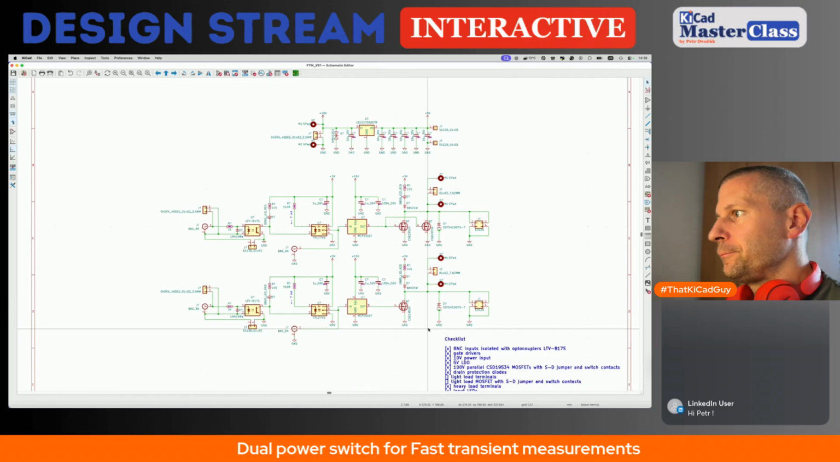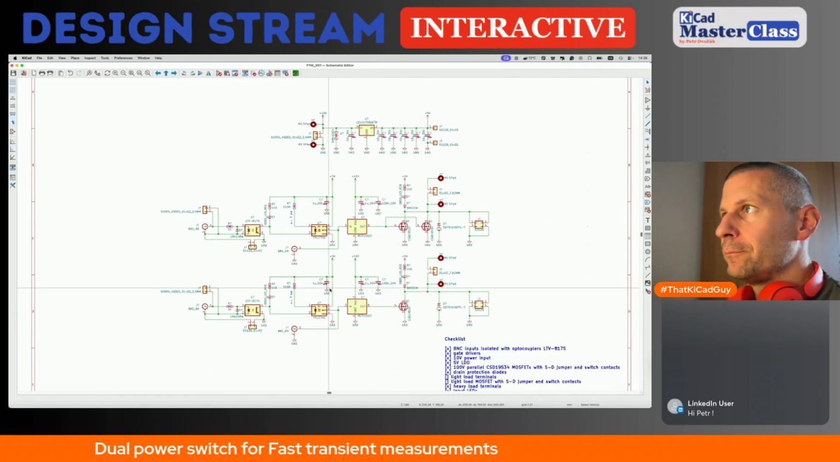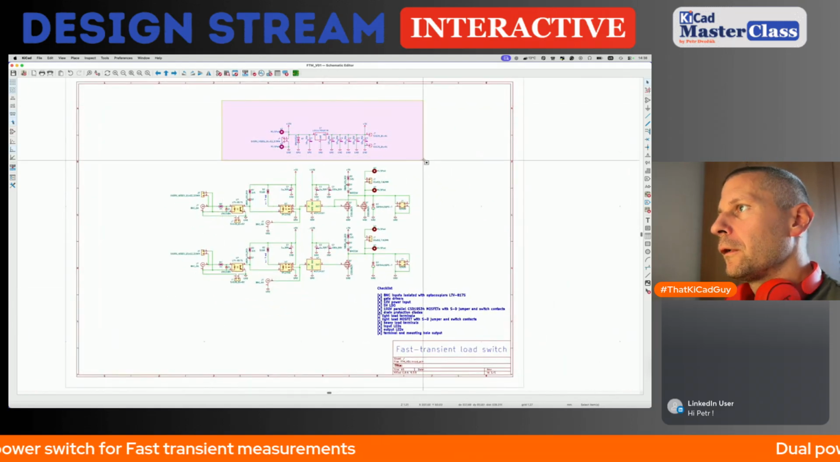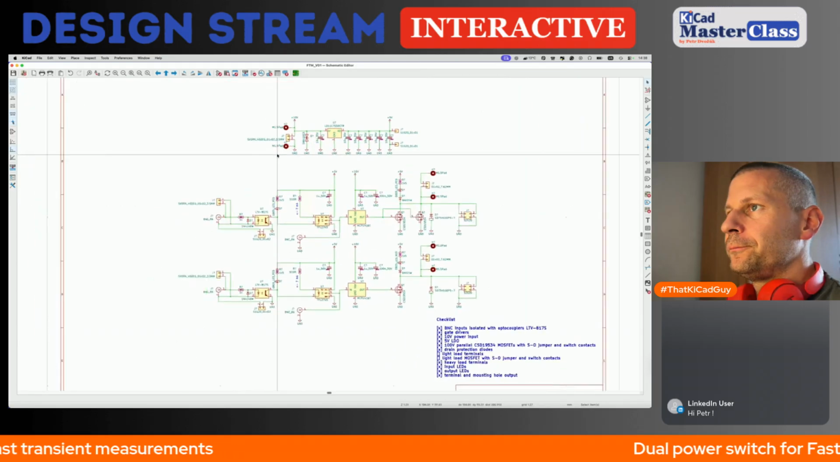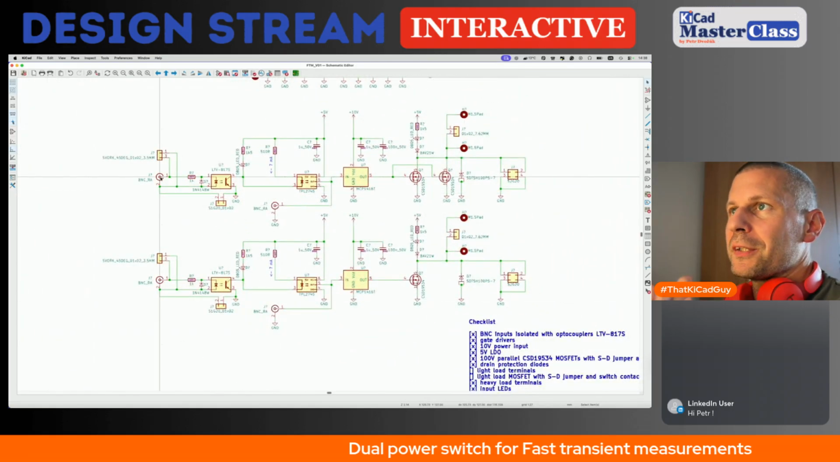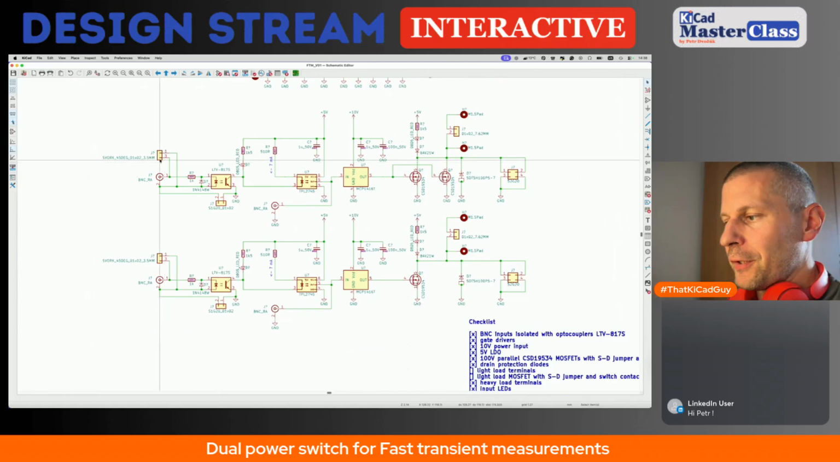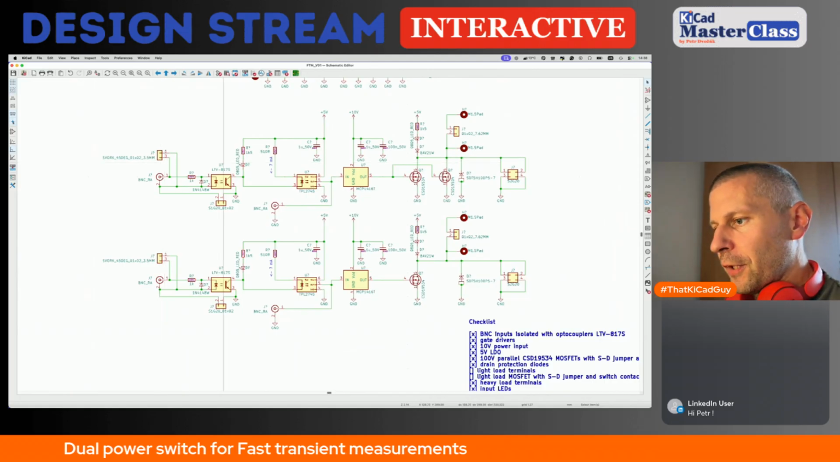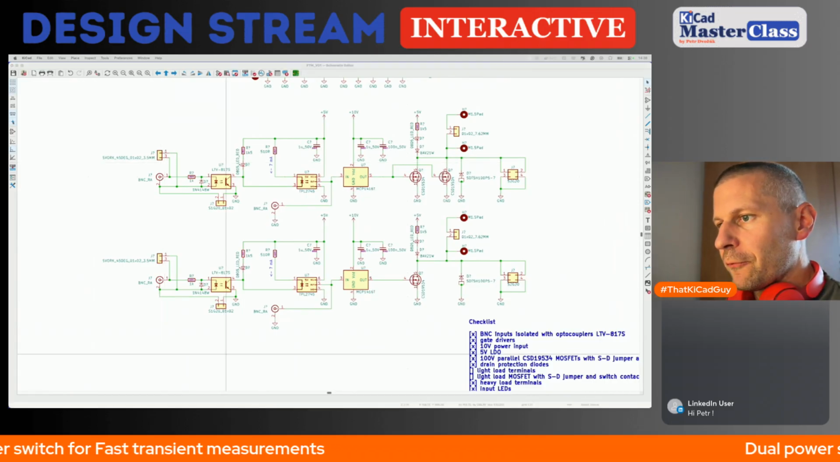The other parts will stay the same. So we have two channels with the BNC input or the pin header input. We have, let me close some windows here